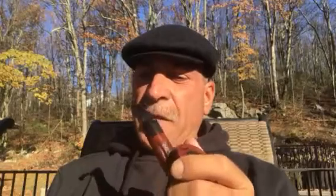Not as much as Pirate Cake. Pirate Cake was 75%, if you remember from my other video that I did with the Sherlock Holmes pipe. This is close. If I had to gauge it, there's no percentage information on how much Latakia is in this blend. But if I had to venture a guess, I'd say it's probably right around 50%. Very, very tasty. The nice thing about this blend